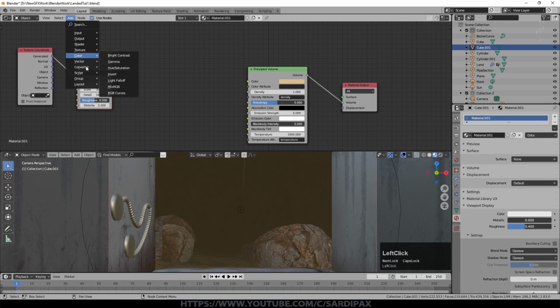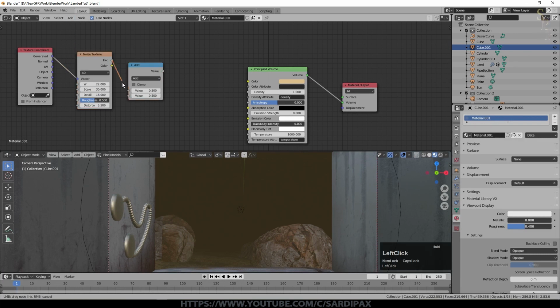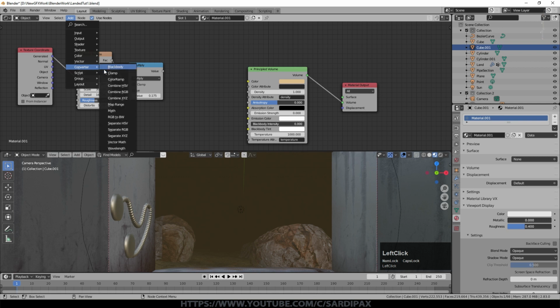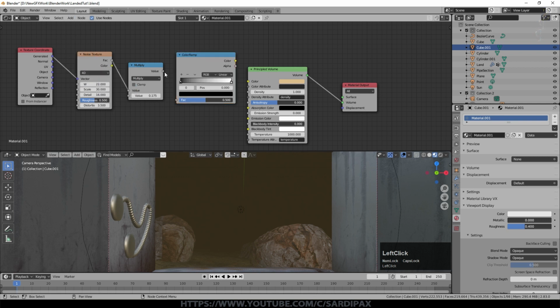Then I added a math node, take the factor output and put that into there. I set that to 0.175. Again, we may need to change this in a moment, and multiply. And then the other favorite node, of course, is the color ramp. Take the output from that multiplier node into there. I kept it on linear for the time being. Bring the low end up slightly and the high end down quite a way. They're fairly close together. And then finally connect that into density.